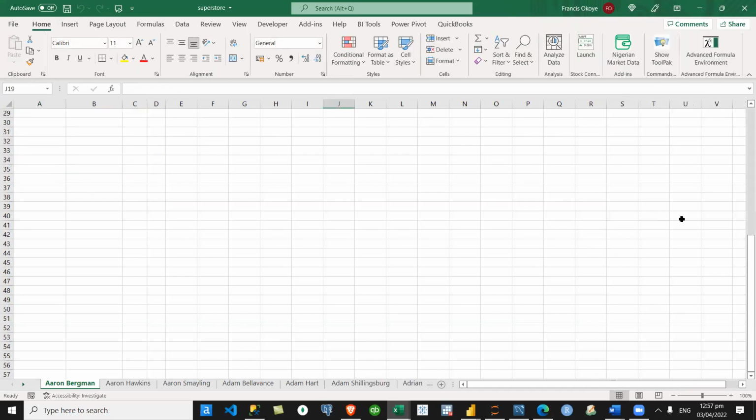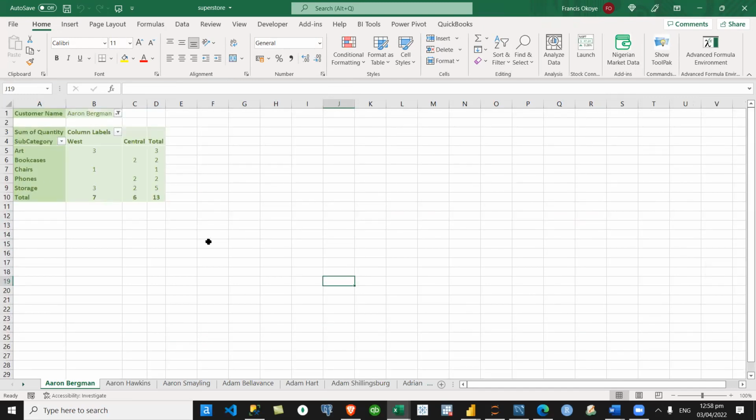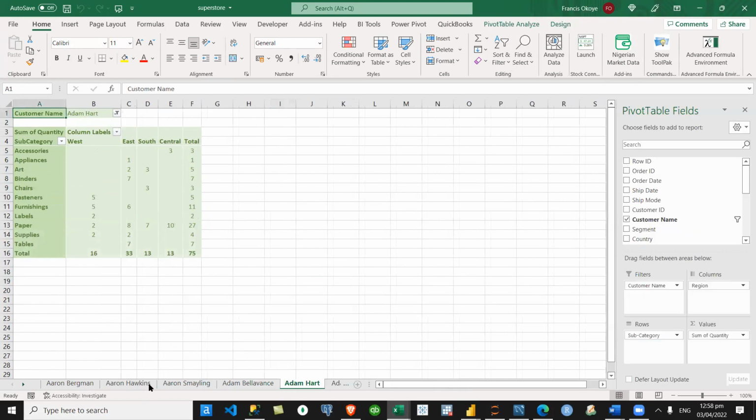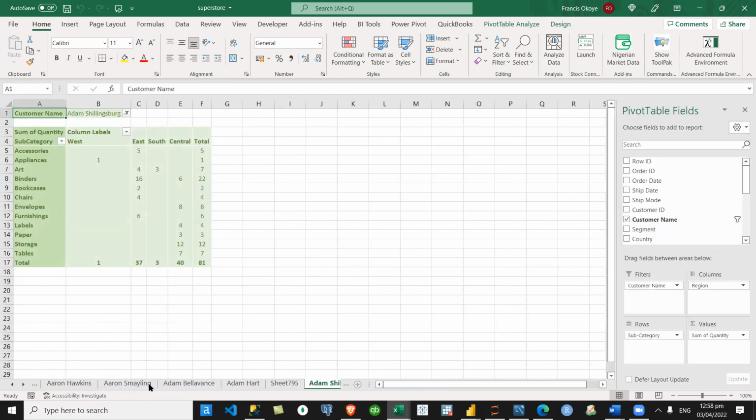Can you see I'm done with all the reports now? It's up to 700 now. So if I do it on that table like that, if I filter it, that means each of them will have their own sheet like this. Can you see that now? So that's the magic in your pivot table.